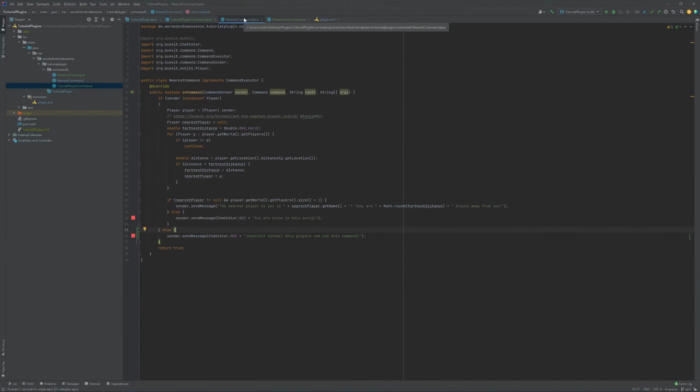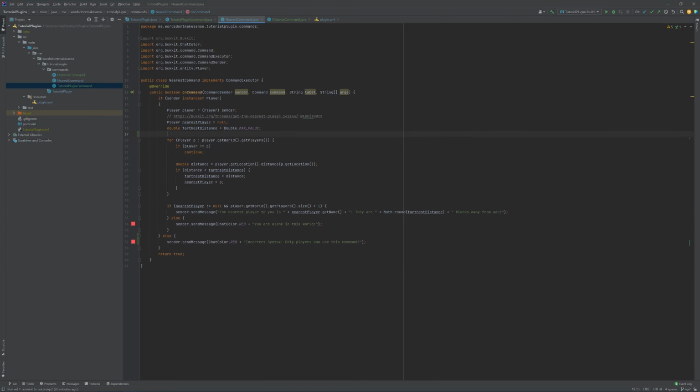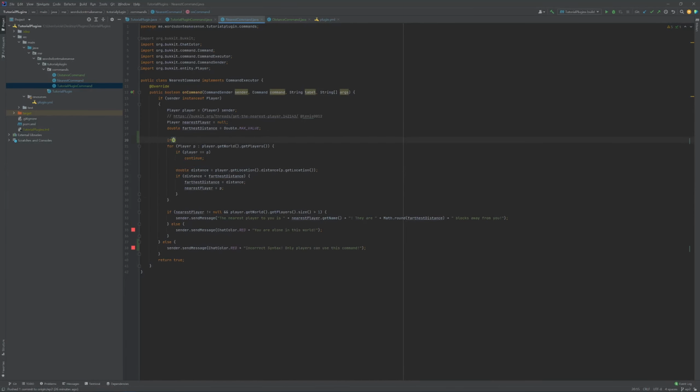Now, another thing I want to do is I'm going to modify the NearestCommand to add another person. The only thing you really need to modify is this part right here, which is this entire for loop, and these messages down here. So what I can do is, actually, you don't even need to modify this for loop. We can do if args.length equals 1, and